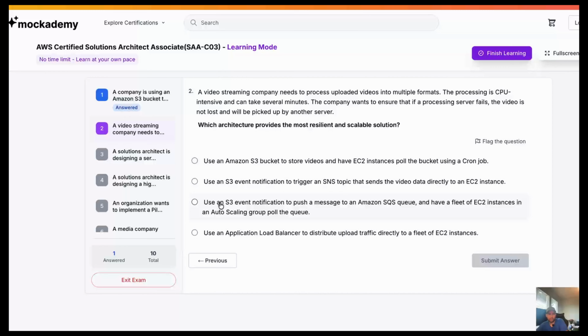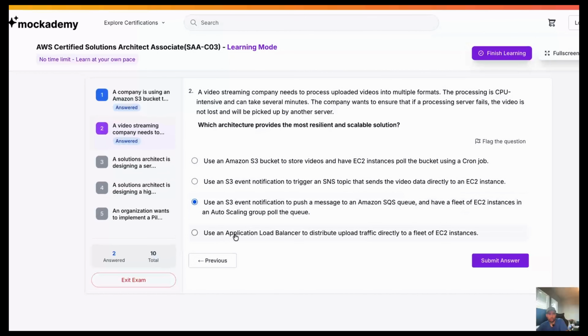Option 3, use an S3 event notification to push a message to an Amazon SQS queue and have the fleet of EC2 instances in an auto scaling group pull the queue. Option 4, use an Application Load Balancer to distribute upload traffic directly to a fleet of EC2 instances. I think the solution with the SQS queue is the most relevant,